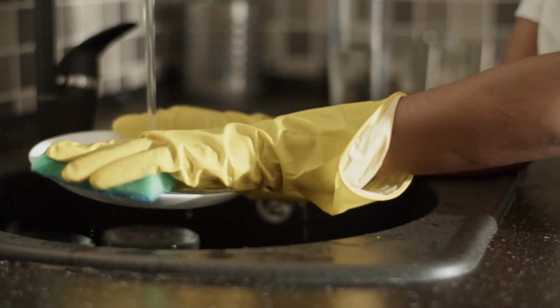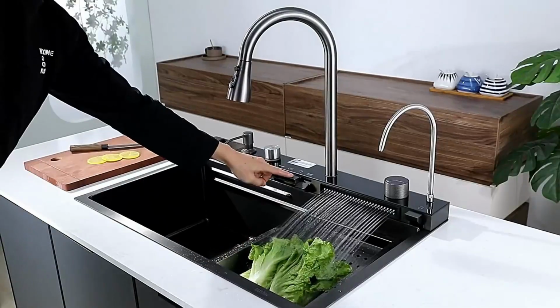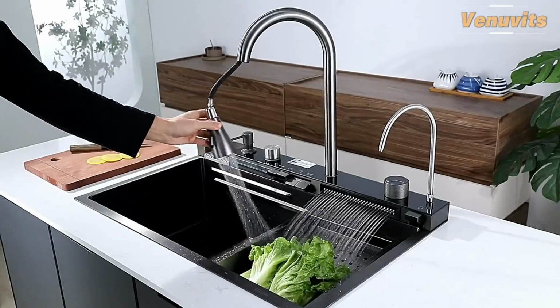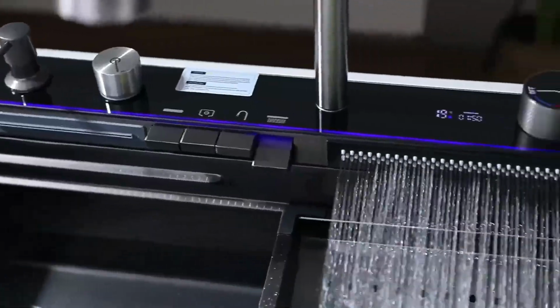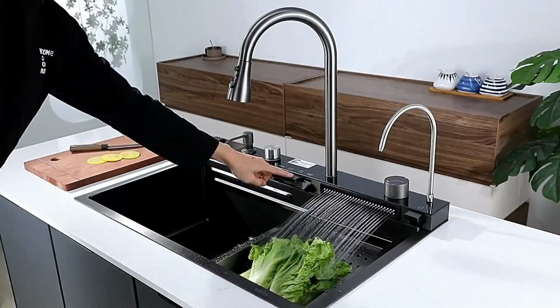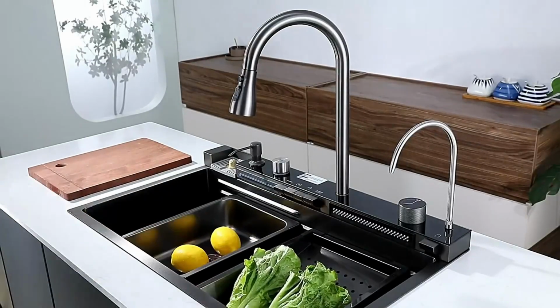Do you know what's more boring than washing dishes? Your sink. But the black stainless steel Smart Waterfall Workstation Sink is here to change that. It's not just a sink. It's a workstation. It comes with a waterfall faucet that has an LED display to show the water temperature, no more accidentally burning your hands, and it includes accessories like a cutting board, drying rack, and colander that fit right